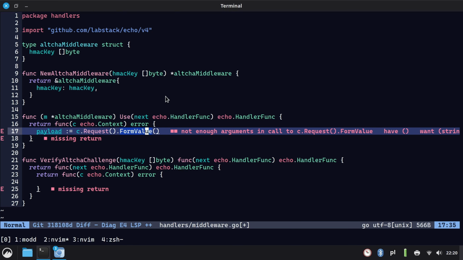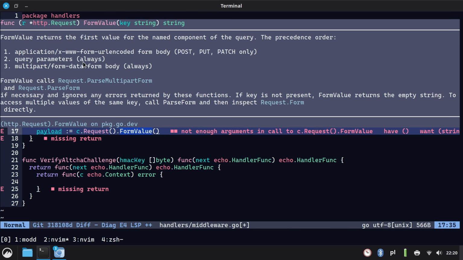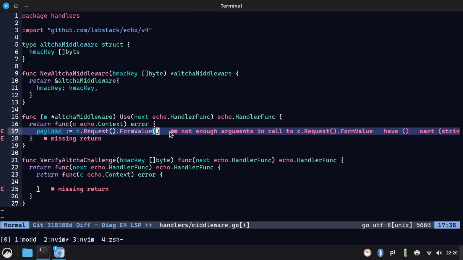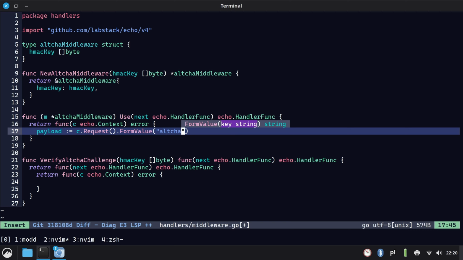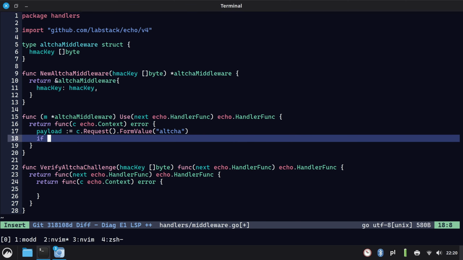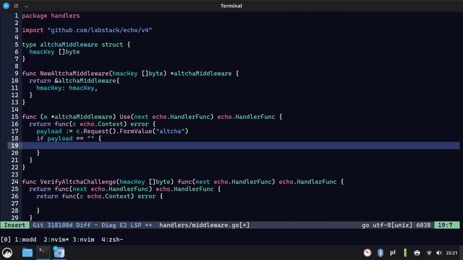The form represents any values that the client may have sent in the request body in this URL encoded form. And then the parameter is going to be called CAPTCHA. So if the payload is empty, we can simply